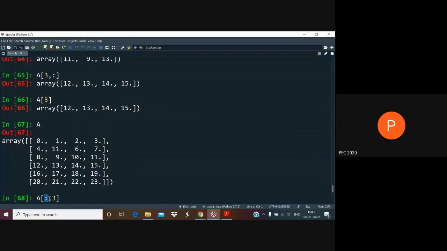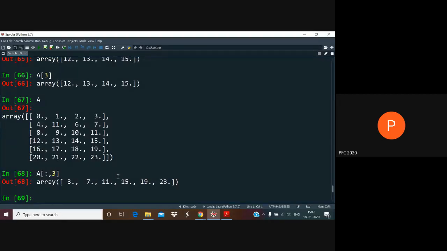Comma just separates the indices along different dimensions. And along the 1 axis, which remember is the horizontal axis here, I'm specifying that the index is 3. So I'm going to get every one of these elements with index 3. So this is how slicing works. You get columns, you get rows separately this way. Or you can get multidimensional arrays picked out, sub-arrays picked out.